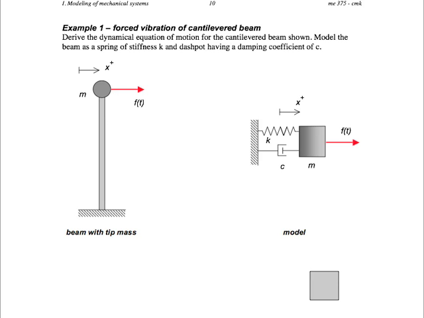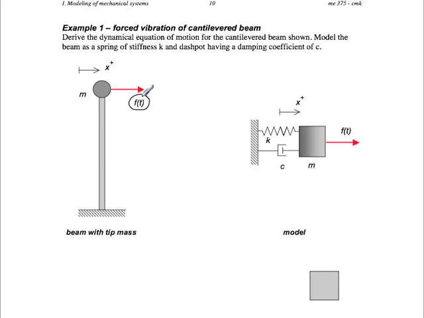We're going to look first here at example one from the mechanical system set of notes. In this problem, we have a cantilever beam that's clamped to ground. There's a particle of mass m attached to the top, and then there's a prescribed force F of t acting there at the top. And what we want to do is end up with a differential equation of motion for that system,